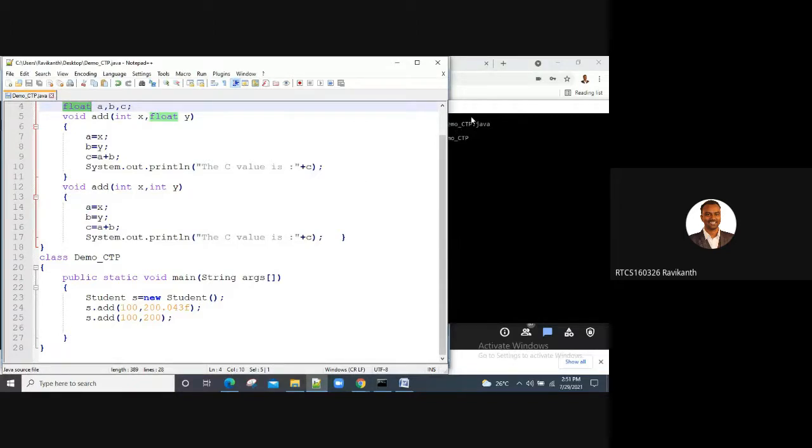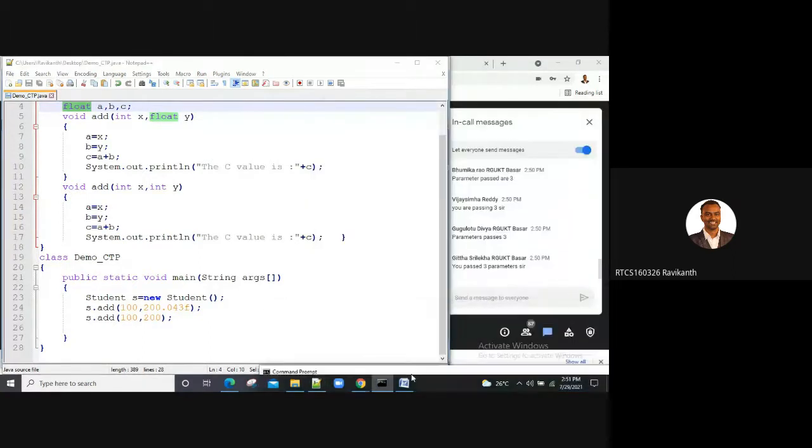So we have seen with respect to number of arguments and type of arguments. Now we'll see with respect to order of arguments. Let me make a small change here: float x, int y.